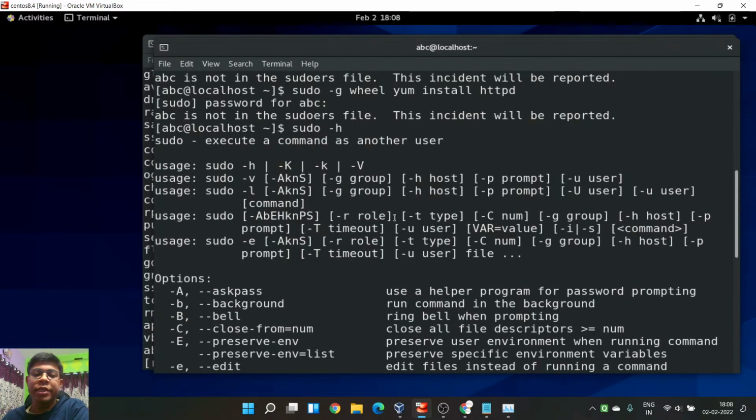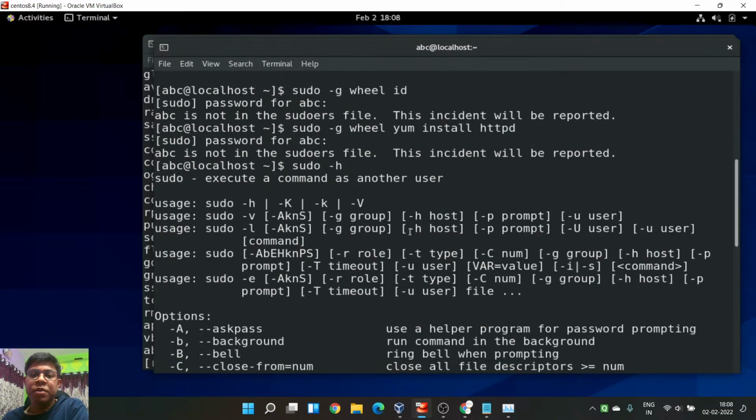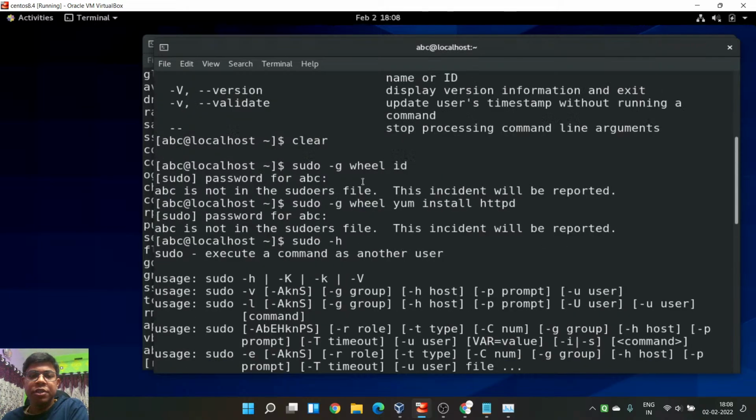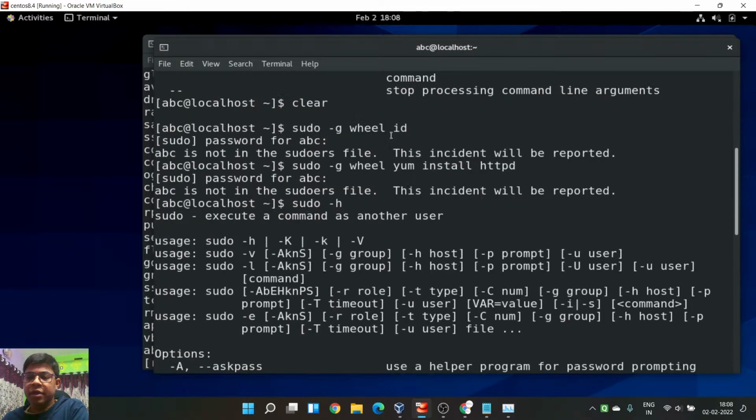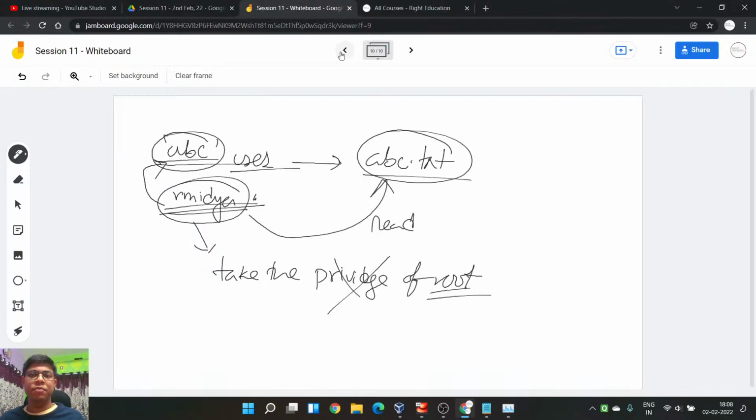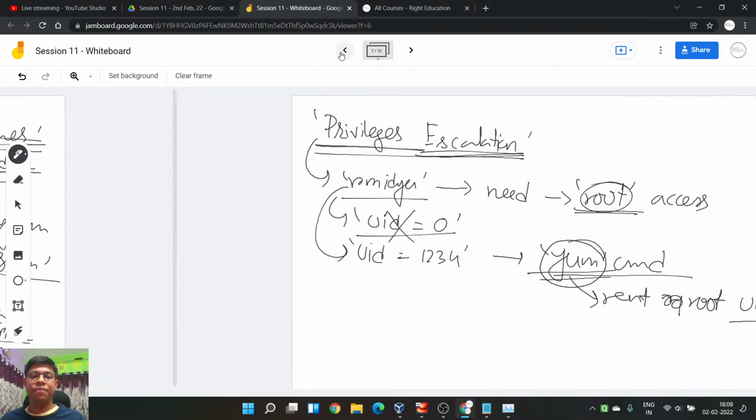I also need to see why it is not happening. So -g for group, definitely sudo -g wheel, then id command, install httpd. Okay, so let's go to the next discussion rather than wasting the time.